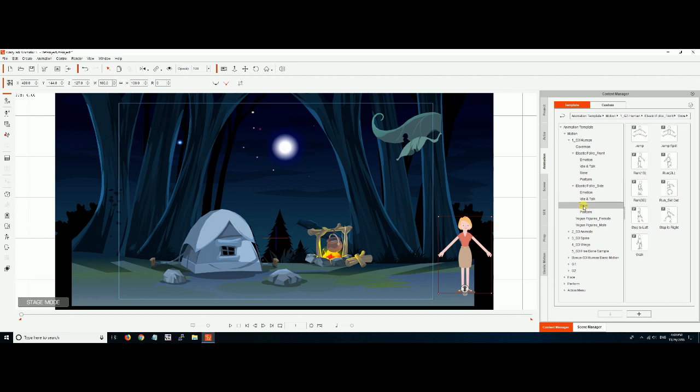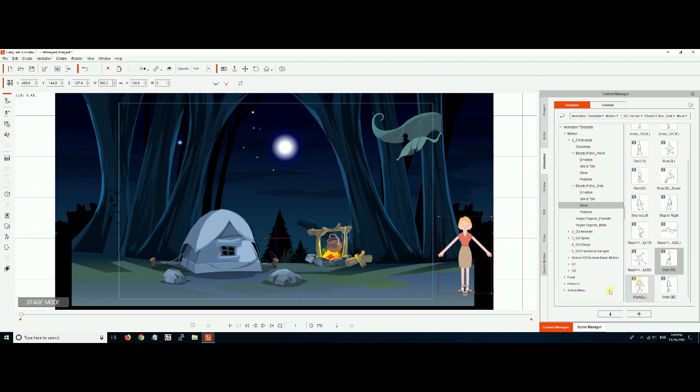Let's go down here also to this Move. There should be a Walk somewhere. We're going to have her walk. There's a walk start with the S. We have a walk loop. That means she's going to loop over and over and over for a long walk. And then here's an end. So let's go ahead and just apply a regular old walk to her. Okay?